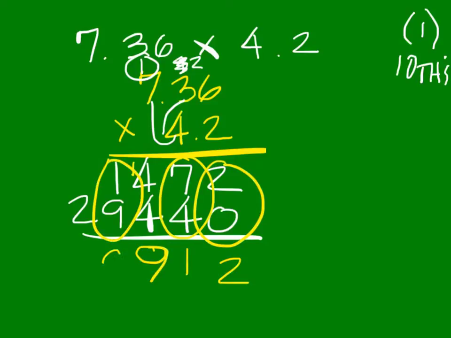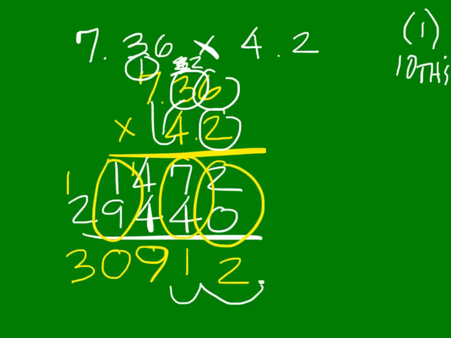1 plus 9 is 10. Put the 0 there, but carry the 1 to there. 1 plus 2 is 3. How many numbers do I have to the right of a decimal point in the problem? 3. So I start here and go 1, 2, 3. And I should have